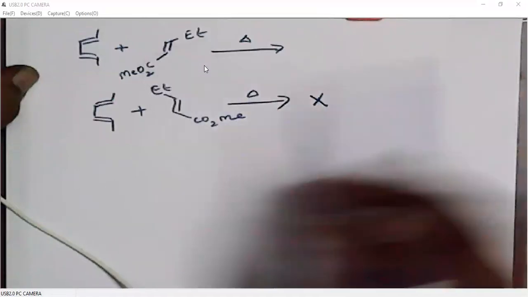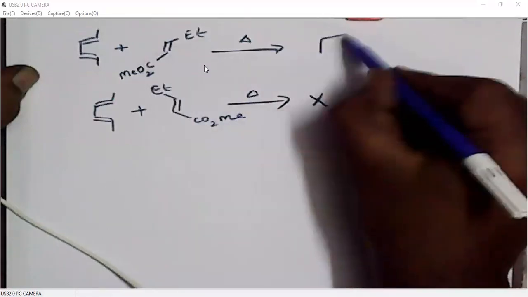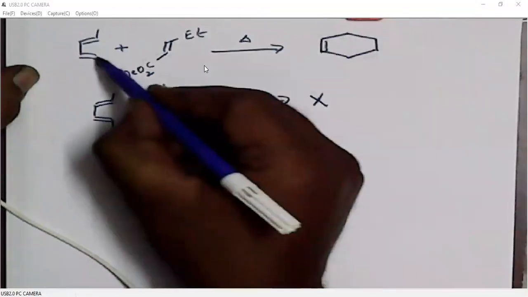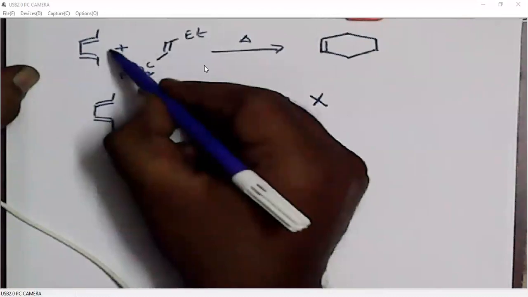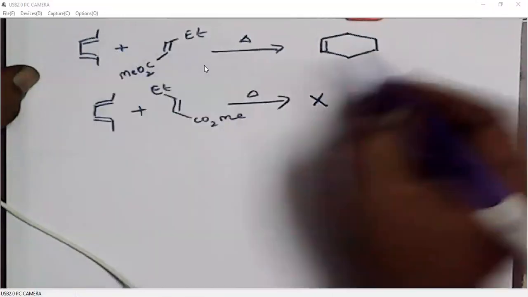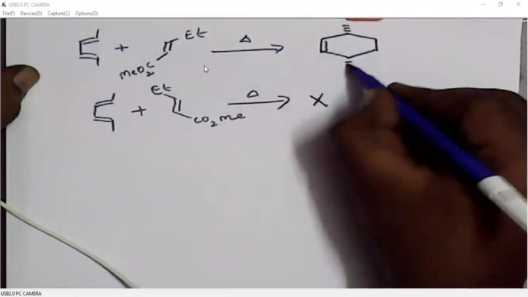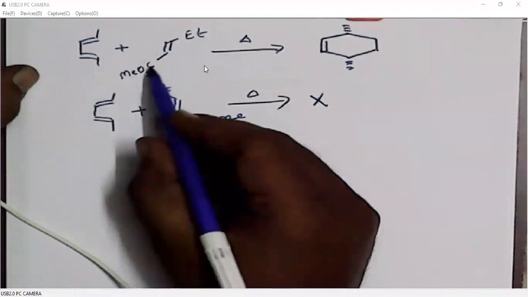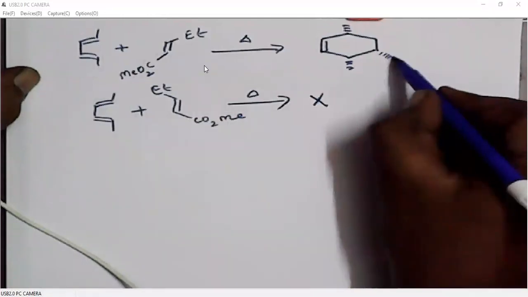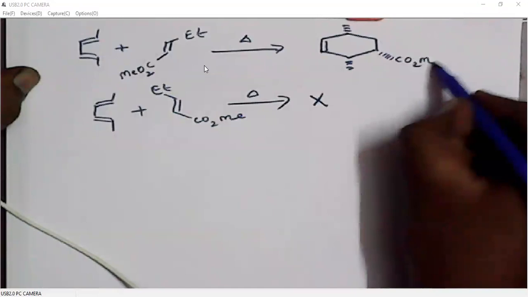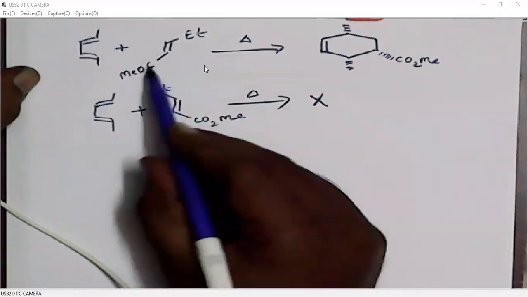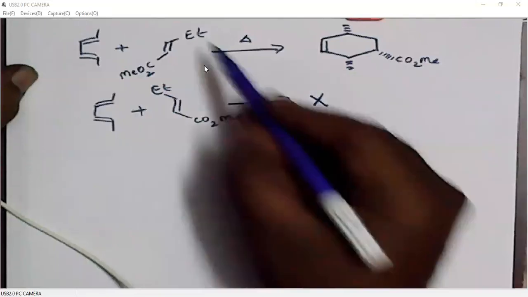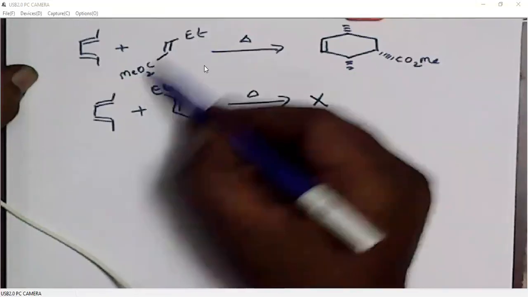So remember that when we try to write the product, as I said, the internal groups, the hydrogens, will occupy above the plane. So both methyls will occupy below the plane. At the same time, when we have endoselectivity, the substituent is always below the plane. The group which is undergoing endoselectivity must be placed below the plane, because ethyl and ester both are trans to each other.